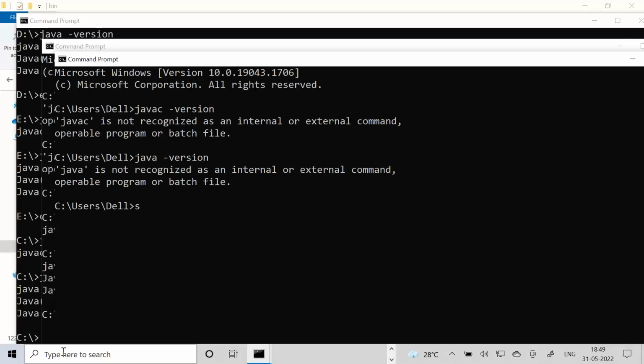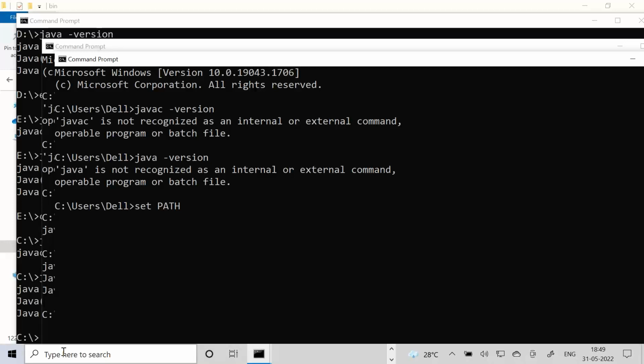Setting a path. Yes or no? Set space, the name of the environment variable is path. It can be lowercase or uppercase. It's case insensitive. I specified uppercase this time. You can go for both also: P in uppercase, remaining lowercase.